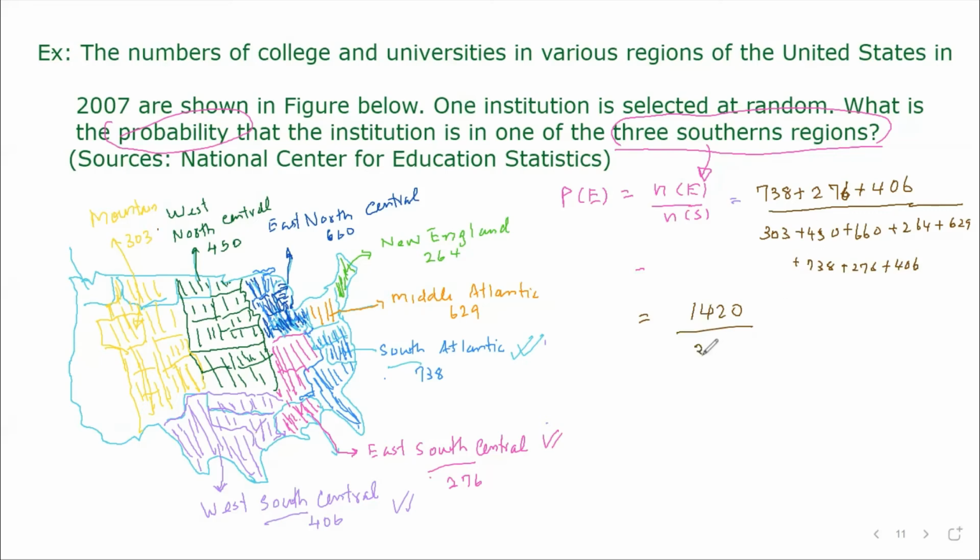Ooh, 3,726. That's the answer for the probability of this institution being in one of these three south part regions. Okay, that's the answer. Then you can use a calculator and find out the decimal to be the final answer. Just approximate it, and it becomes the final answer. Maybe to 3 decimal places. Okay, so now this is the probability